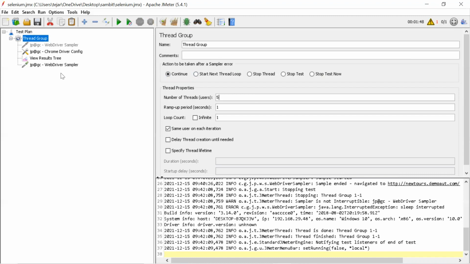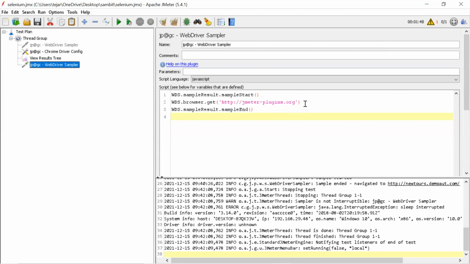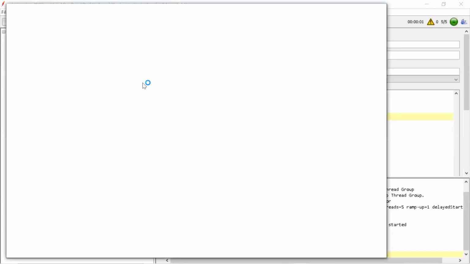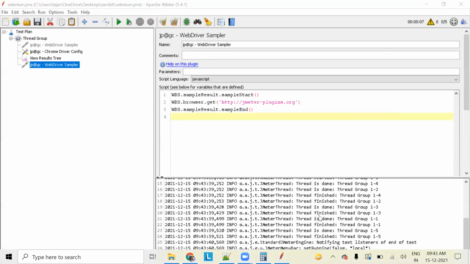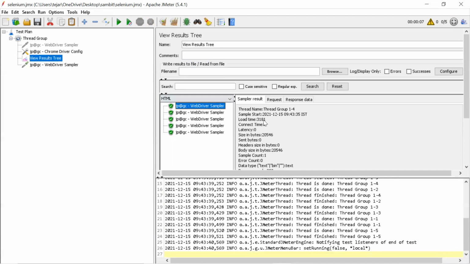Now, it is simply opening the JMeter website. It opens 5 browsers. You can see here 1, 2, and they're all done. If I go to view users tree, you can see this time is opening the browser, hitting the application, closing it.